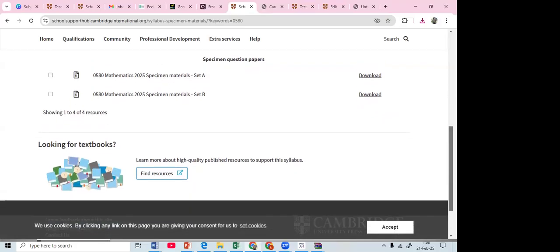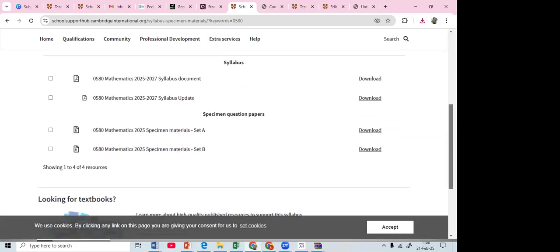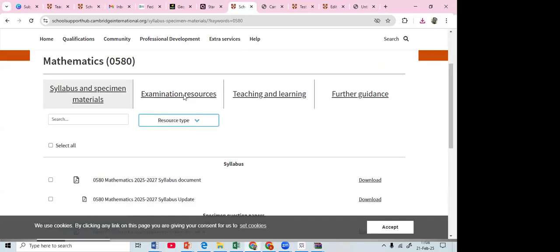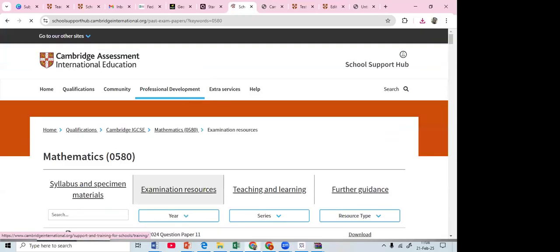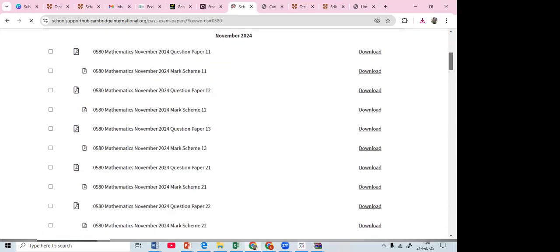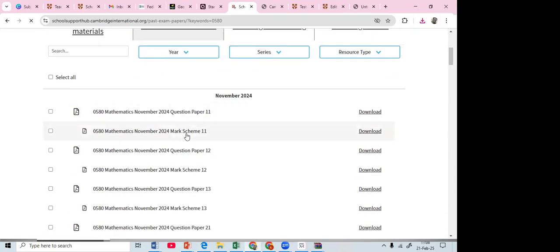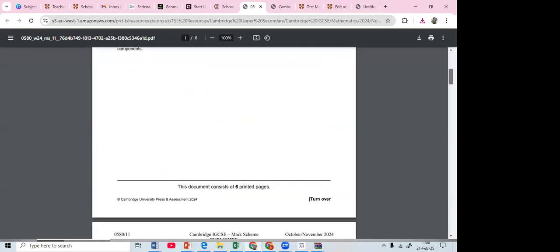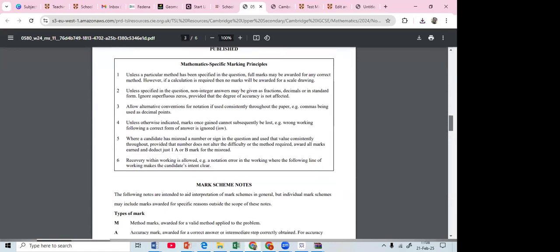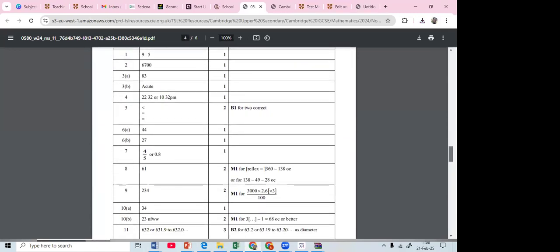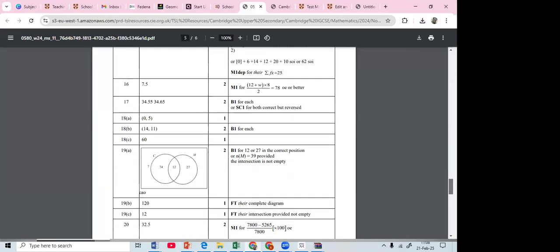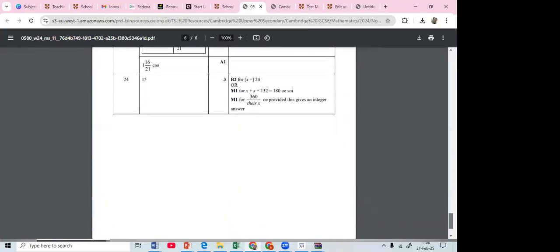You'll find that even other resources are there. But I want to let you know that all examinations that these people have been doing, from which year to which year, everything is there. 2024 and the guide is there. These guides will guide you when you are teaching: the marking points, the mistakes the children made, where you need to emphasize, and the rest of that. So assessment, when it comes to the Cambridge system,